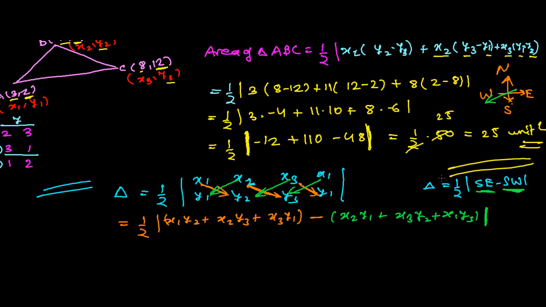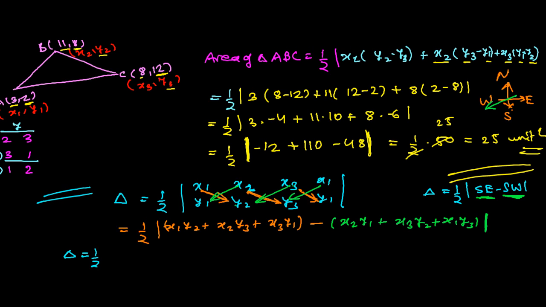All right, this is another method I was talking about. If you practice, this will be really very easy. So let me do it with this method. First, I'm going to represent 1 by 2 in the same way. What are my x1 y1, x2 y2? The first is 3 2, then 11 8, then 8 12, and I need to repeat the first one.